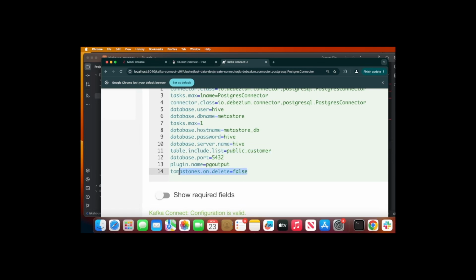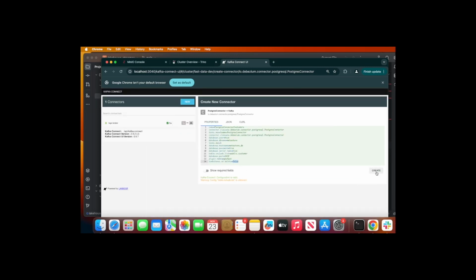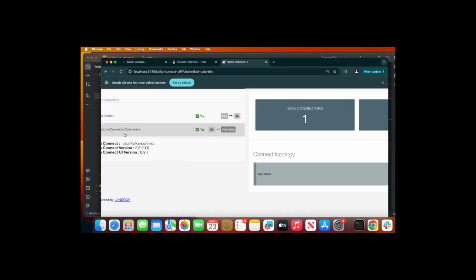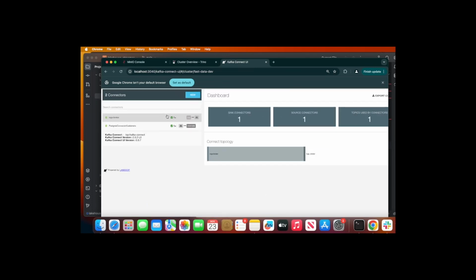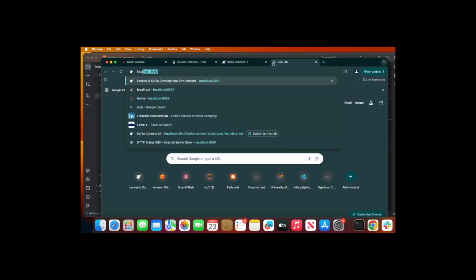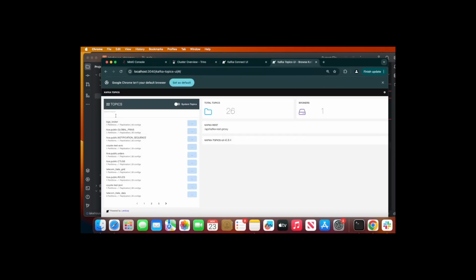And this one right here is important. We need to set tombstone on delete to false. Once we do this, I'm going to click on create. Now here you can see it is creating that. Once that is done, open up a new tab, head over to localhost 3040, head over to Kafka topics,